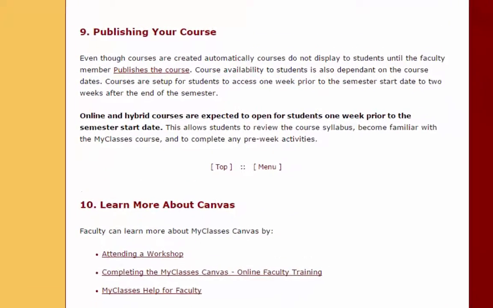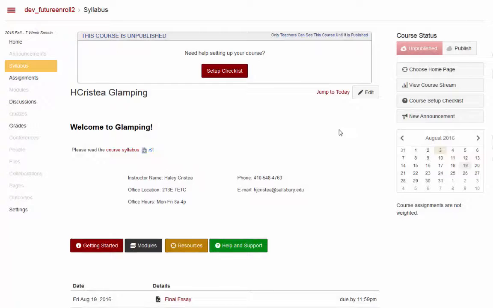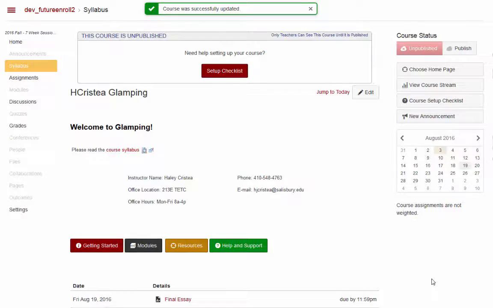This leads us to the final step on the Start of Semester checklist. Students cannot see the course content until the course dates open up access and until the instructor has published the course. Course dates are set for the course to open to students a week prior to the start of semester, so remember to publish your course. Be aware that once your course contains a graded submission, you cannot unpublish your course.